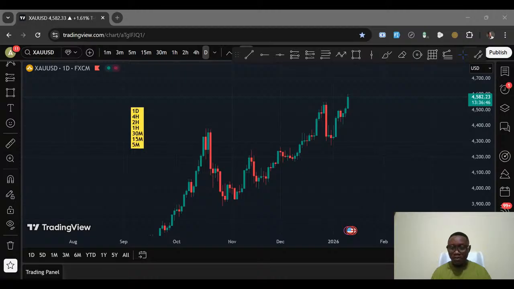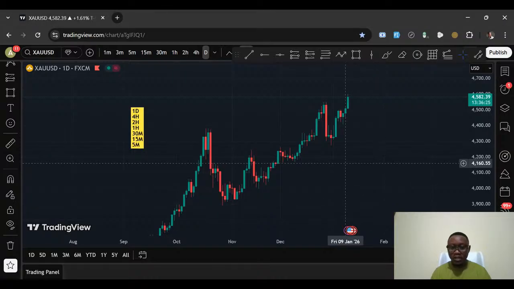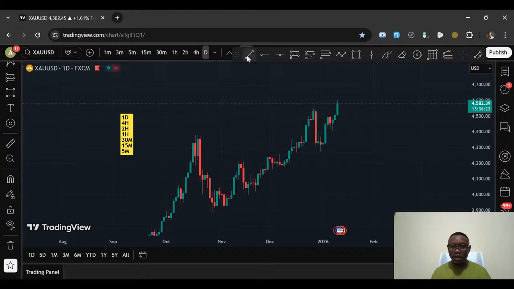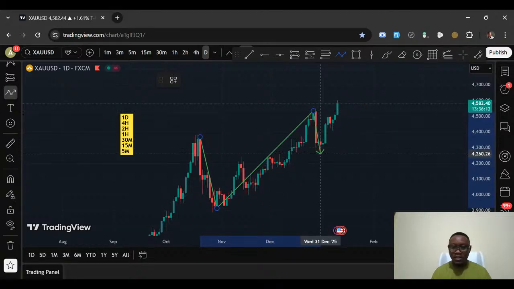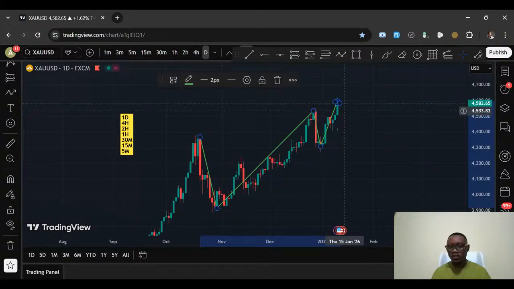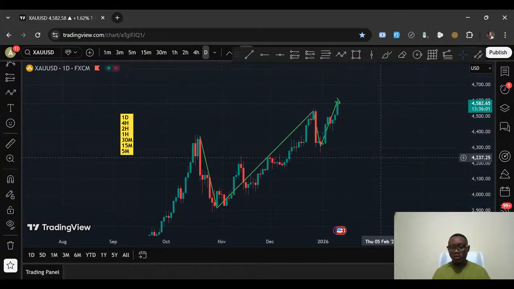So looking at this market, obviously the market is making a series of higher highs and higher lows. If you look at this, you would see that the market is making higher highs, higher lows, higher highs, higher lows. It's about to create a new higher high here, right? Okay. So now this has given me an understanding of the current market trend, right? So obviously the market is bullish, right?